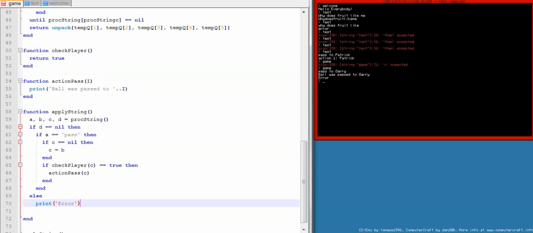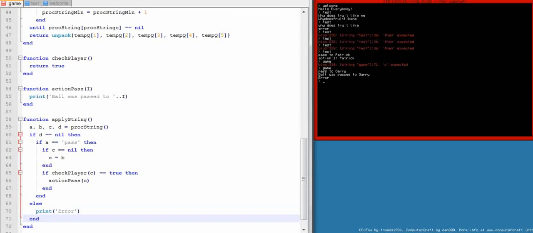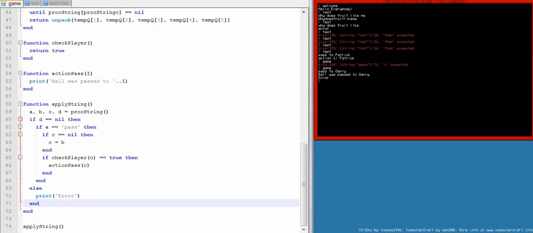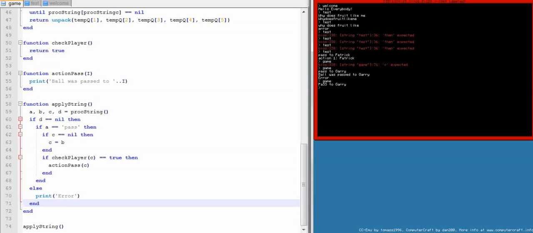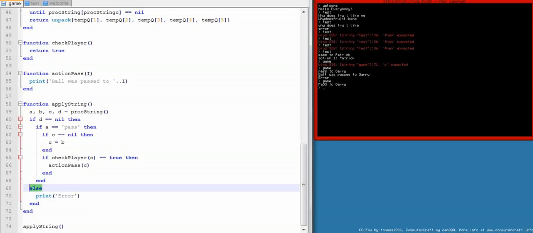Now the only thing I wonder is what if I were to do game pass to Gary. Okay, wait, it didn't say error. Why didn't it? Because D equals nil. So else doesn't work here, or we'll just have a bunch of them. Well, okay. Anyway,